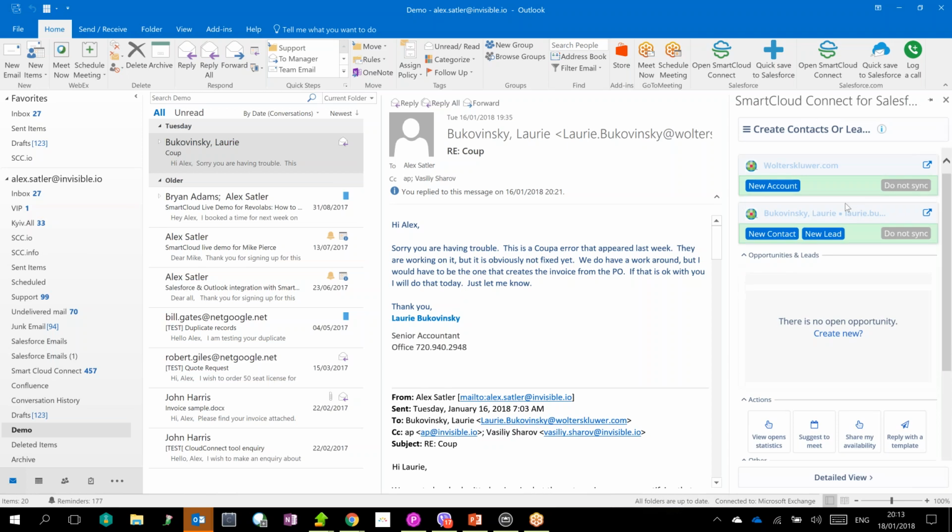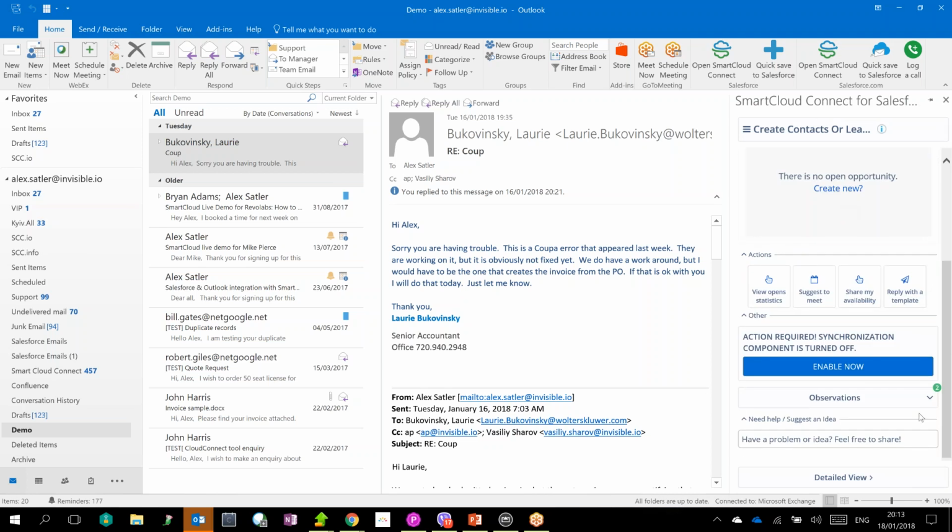That's just the beginning, because the second step is to make sure that you don't see this message saying action required, synchronization component is turned off. So make sure you click enable now. What that basically does is allow you to connect your Office 365 account with your Salesforce. So you click enable now, and the next thing you would have to do is log in to your